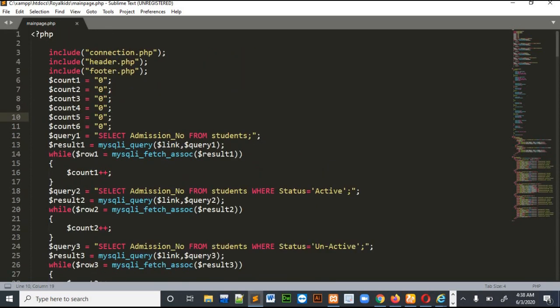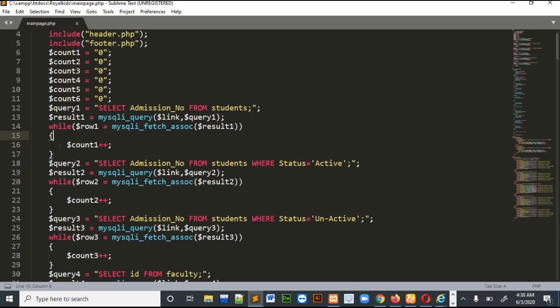What I am doing is selecting the thing I want from the specific tables. Then I am running the query, and then there is a loop. It will fetch the data of every student, then it will count plus plus. It will increase by 1 every time this loop runs.